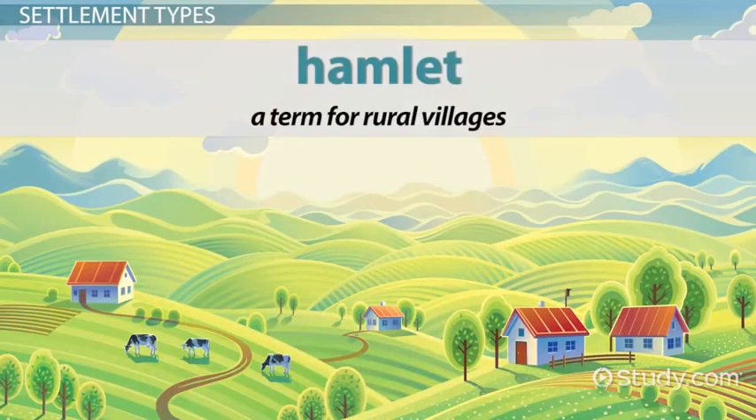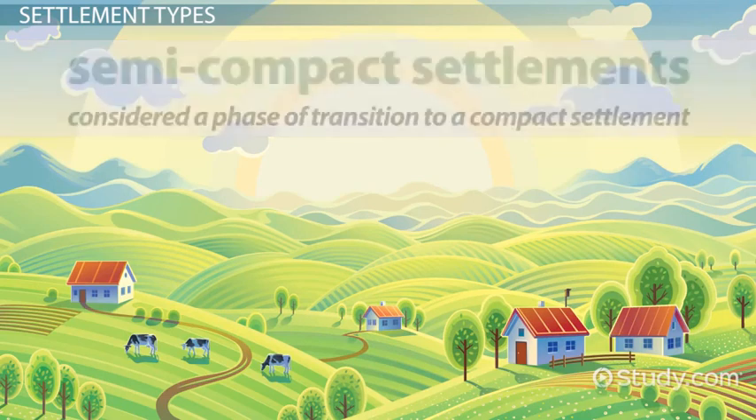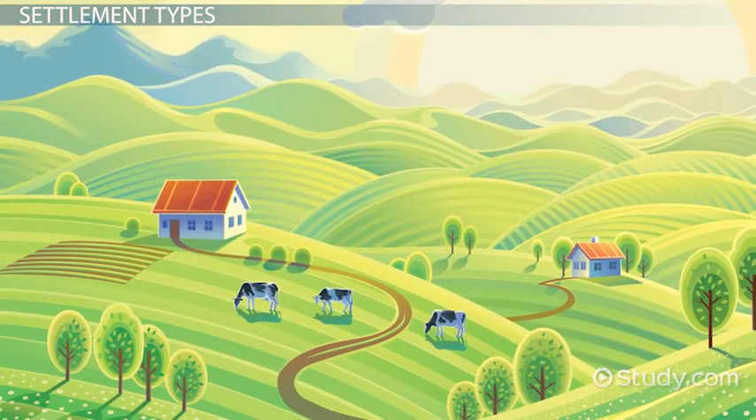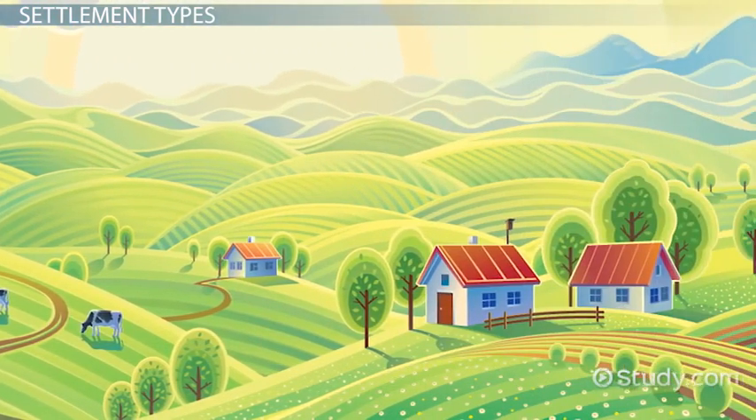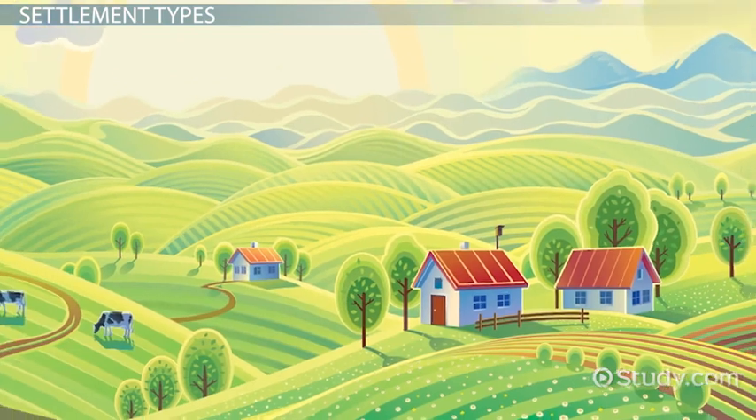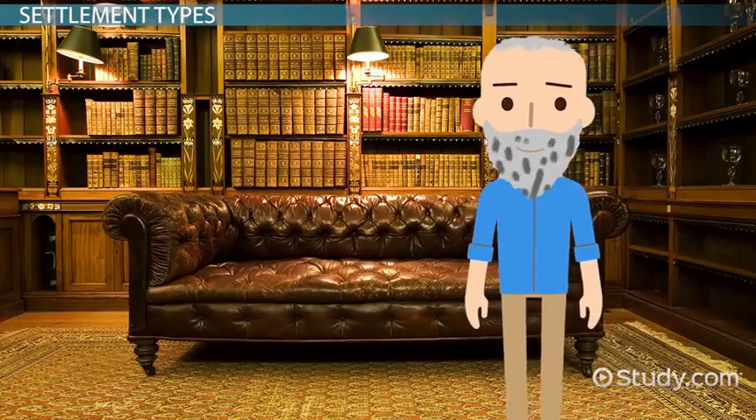Also referred to as a hamlet, a term for rural villages, semi-compact settlements are often considered a phase of transition to a compact settlement. The houses in a semi-compact settlement still have a good amount of space between the homes, but they are clustered in a definitive boundary instead of spread throughout the surrounding countryside. Researchers believe that the growth of population will add